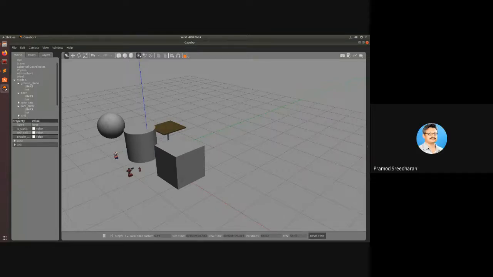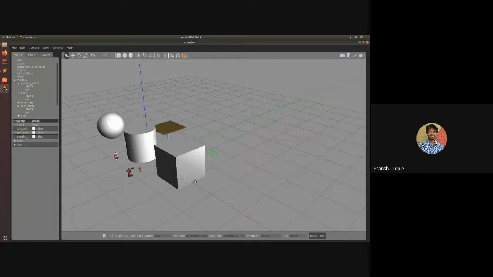Okay, sir. So could you do all these operations which you did in Gazebo in Fusion 360 also? If that was there, then why do we require Gazebo? So Gazebo is used for ROS. We have modeled everything in Fusion 360, and in Gazebo we have just simulated it. Okay, sir.